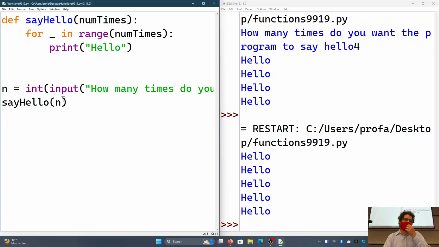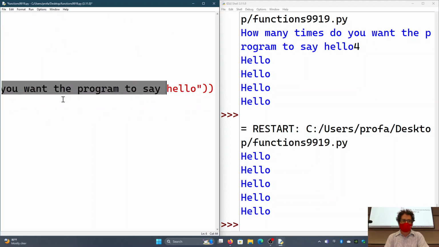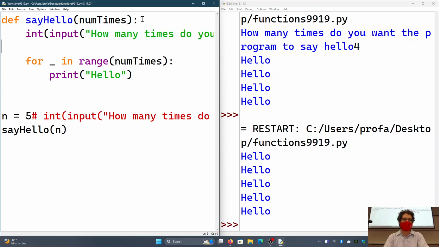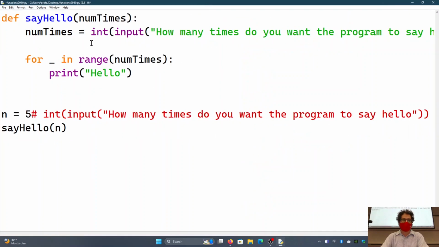So where's the mistake I get? The mistake I get is a lot of times I see students do something a lot like this. Rather than having this on the outside, they'll pass in some information from the outside to the function, and then they'll put the input inside here. They'll say hello num times, and then they say num times is equal to this number. So they'll put the num times over there.